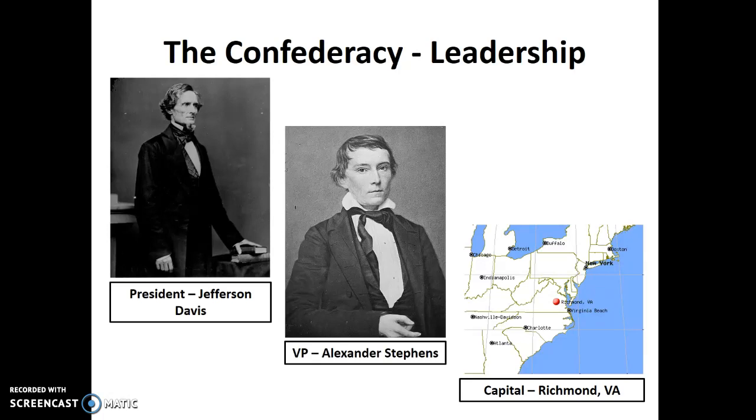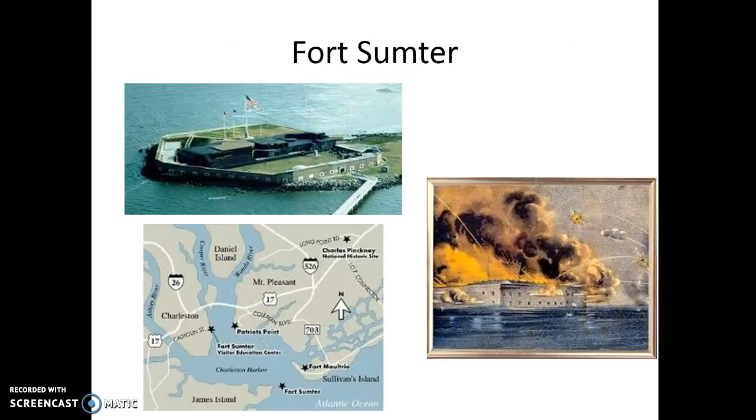So we're going to see a central leadership elected. You see these names on the screen as well. We see Jefferson Davis elected as the president. We see Alexander Stephens elected as the vice president of the Confederacy. And we see the capital city of the Confederacy established as Richmond, Virginia. A bit surprising as it's a little more in the north, but it's still a southern state.